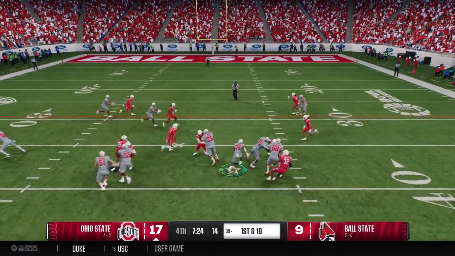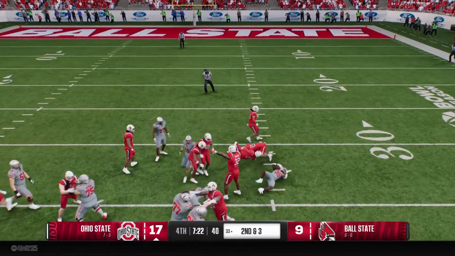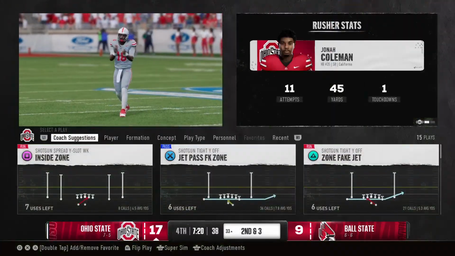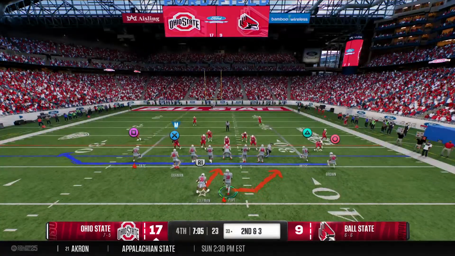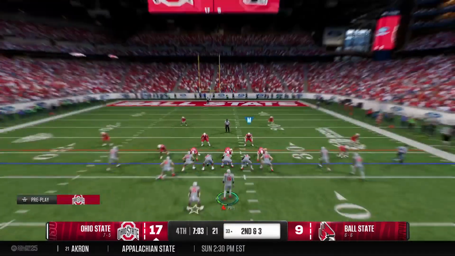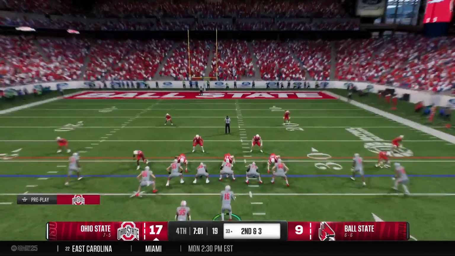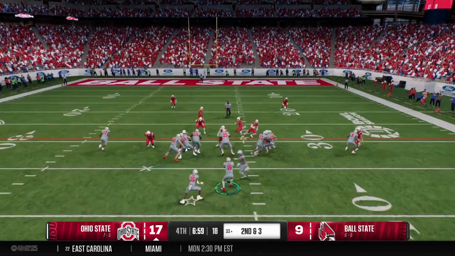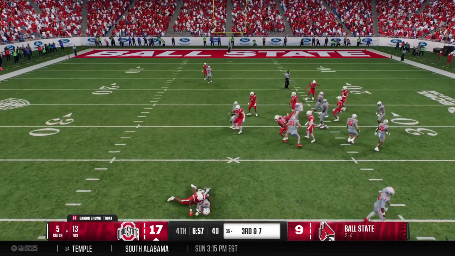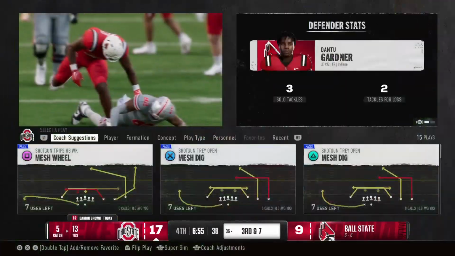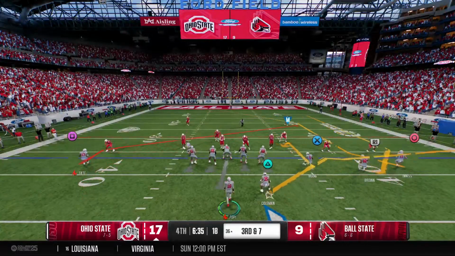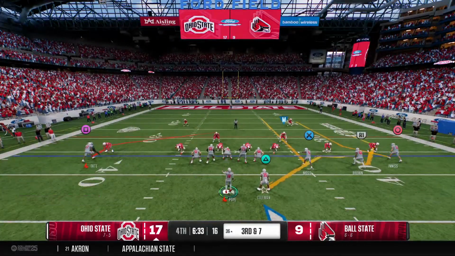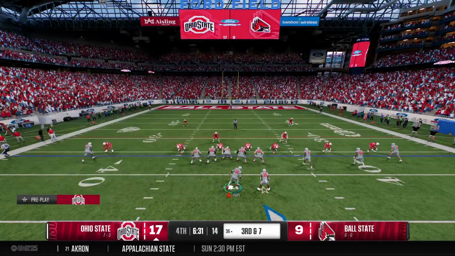Looking for room. It's Coleman. A 7-yard pickup. It'll be 2nd and 3. They've got a lead here in the 4th quarter, and there's certainly still plenty of football to go, but this is where you'd love to control the flow of the game, right? You want to dictate everything to the defense, and you do that by running the football. That was a really nice run. This offensive line is firing off late. Looks like they're getting stronger as the game goes on, and that is a good sign for the offense.